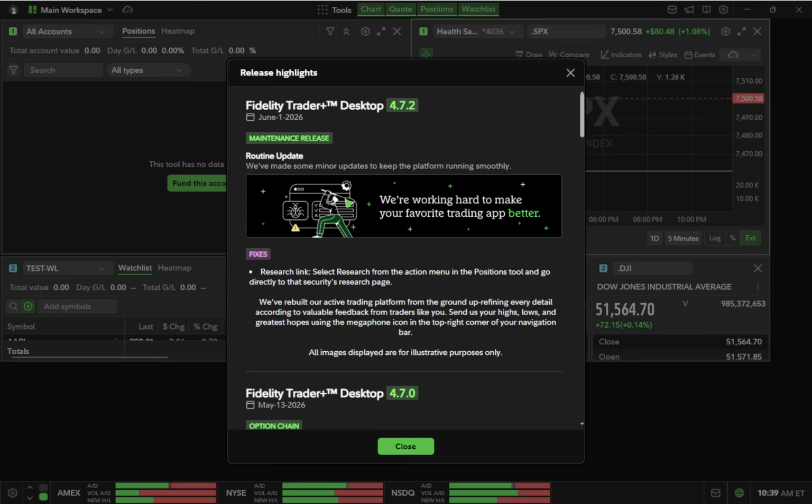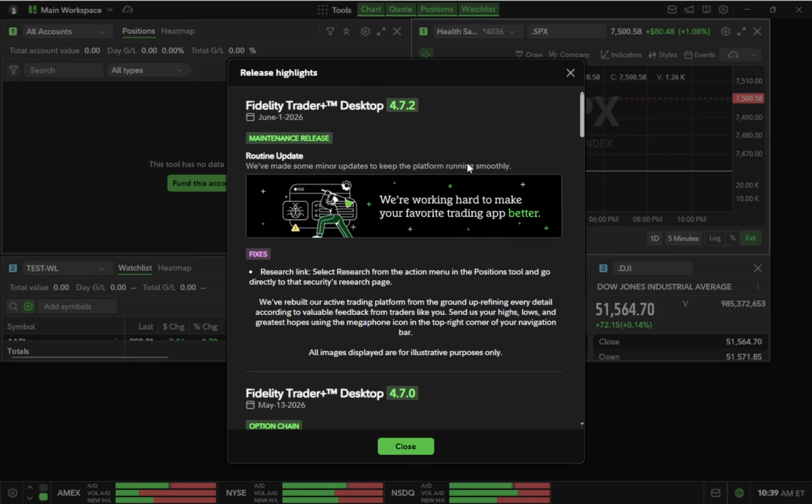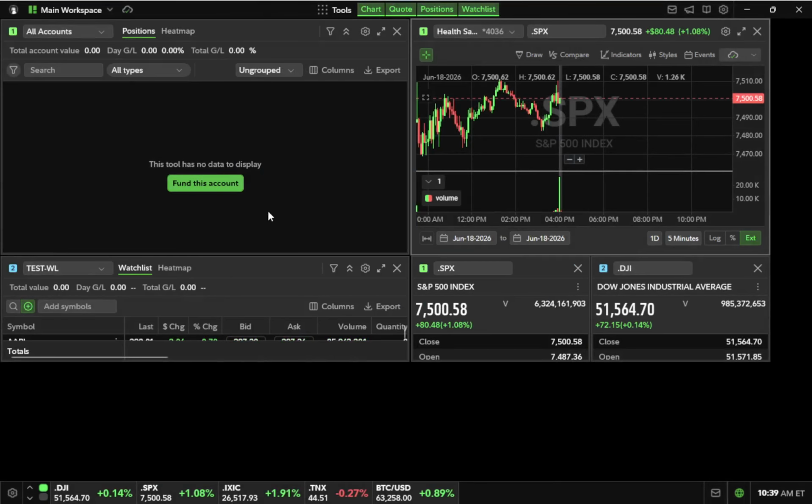With Active Trader Pro, you're equipped with a sophisticated tool that can enhance your trading capabilities. It's designed to offer a seamless experience, providing you with the necessary tools to make informed trading decisions. Remember, accessing and installing the right software version is the first step to future trading success. And now you're all set to dive into the world of advanced trading with Fidelity.